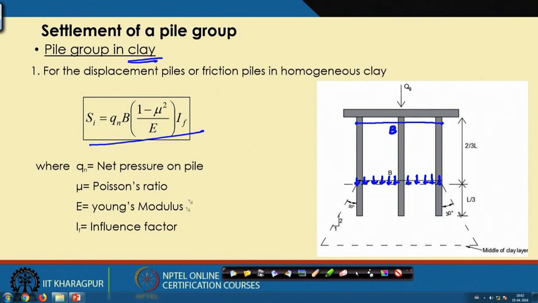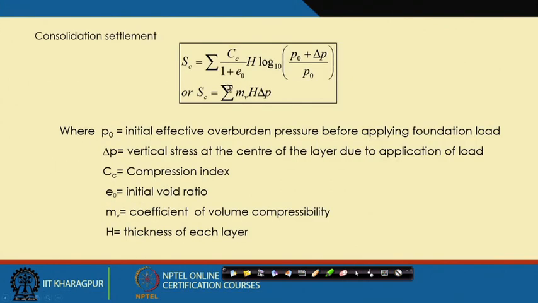Okay. So, the terms are same as we used for the raft foundation calculation. This is for the immediate settlement. Then similarly, this is for the consolidation settlement, and these terms are exactly the same as we used for our shallow foundation calculation. But remember that you have to place the raft at 2/3 from the top of the pile cap, and then the influence zone will be twice of the width of the pile from that 2/3 of the length.